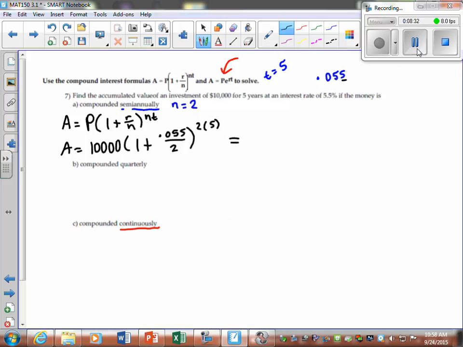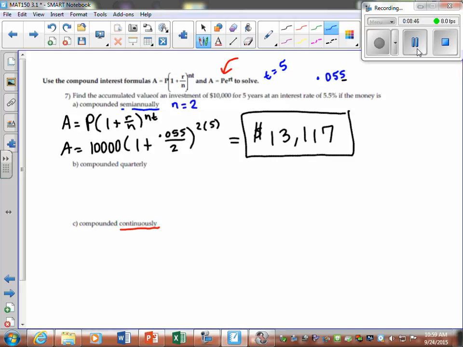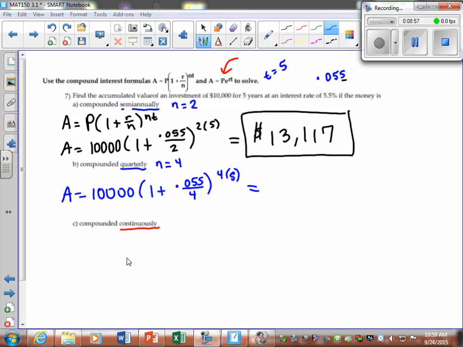And so when we plug that in, we should get the value of 13,117. Okay, next for part B, we want to compound this thing quarterly. So remind me what that means for our N. 4 times per year. Good, so quarterly. So you basically plug in the same information, but this time let N equal 4. Okay, calculator, the second way is I would say 0.055 divided by 4, enter, plus 1, enter, raise to the 20th power, enter, times 10,000, and we should get